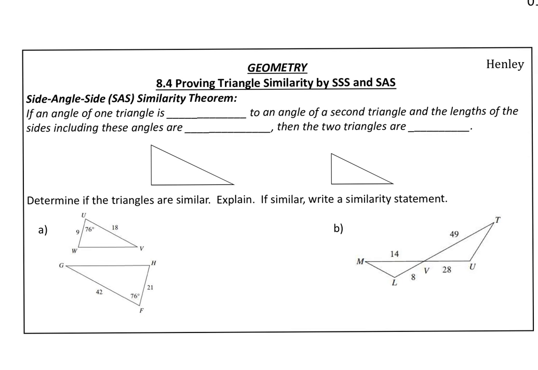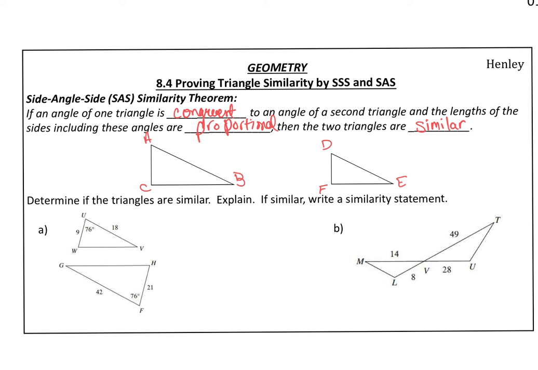Moving on to the side angle side similarity theorem. If an angle of one triangle is congruent to an angle of a second triangle and the lengths of the sides including these angles are proportional, then the two triangles are similar. Now, what we're saying is that if we have triangle ABC and we have triangle DEF,